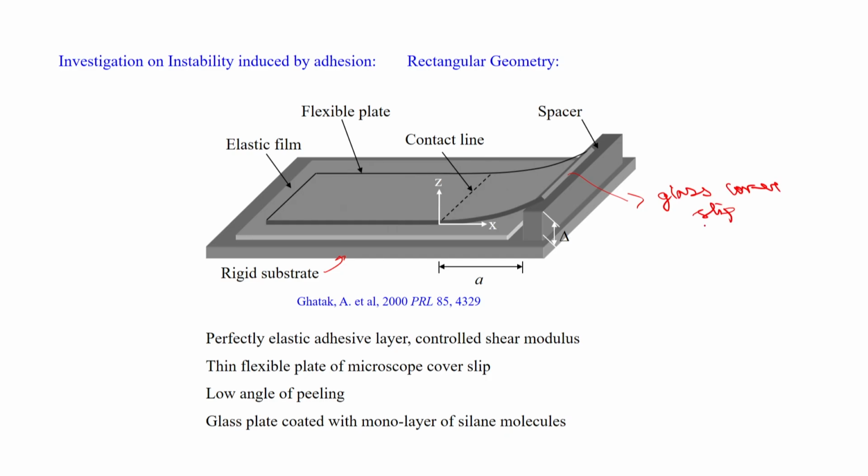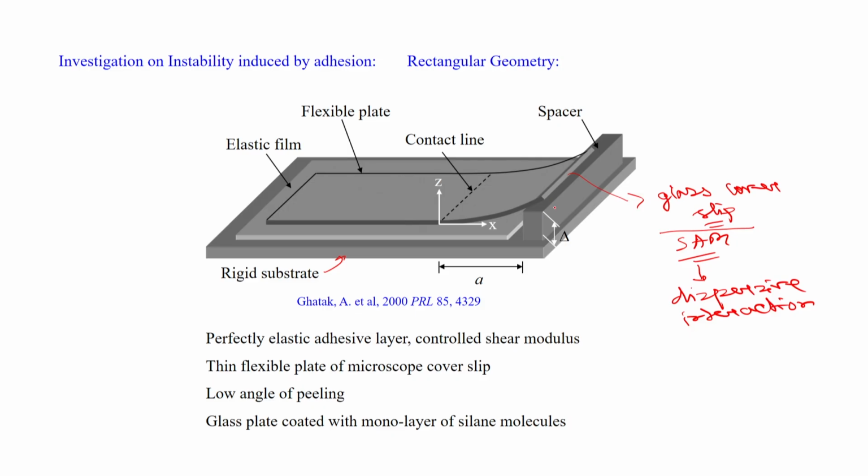and on the surface of the cover slip we have a monomolecular layer, called a self-assembling monolayer, of a molecule that leads to only dispersive interaction, with no hydrogen bonding or other kind of interaction. This plate is brought in contact with the adhesive film,